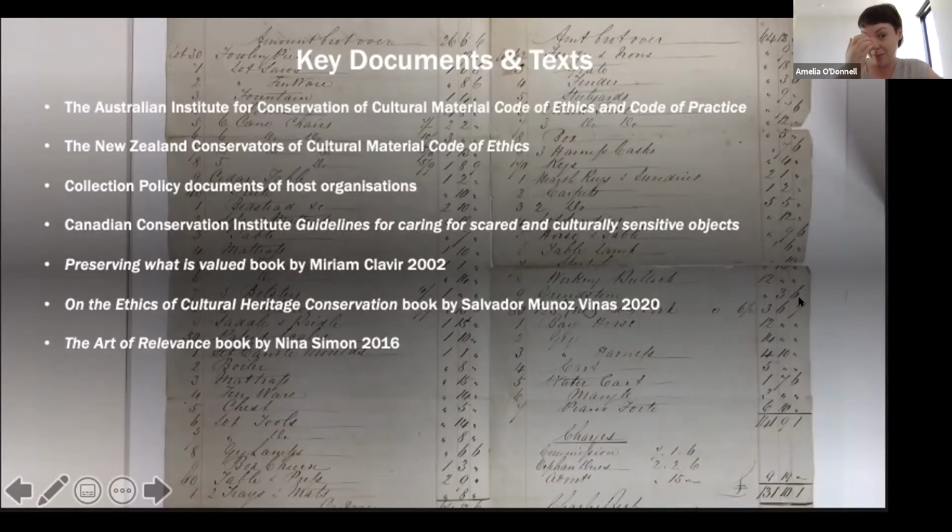writing about access, but doesn't necessarily tell me exactly how conservators help to facilitate this, but it's a good starting point. The Canadian Conservation Institute guidelines for caring for sacred and culturally sensitive objects. I've found that had some really good examples in Canada of how they help their First Nations people care for collections, and they co-design modes of access and engagement with that